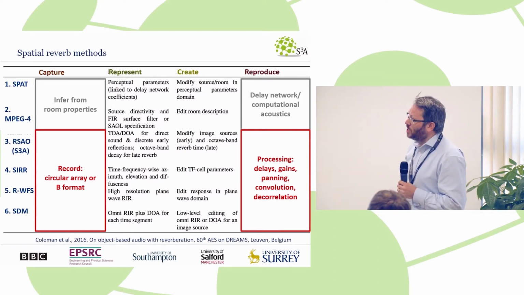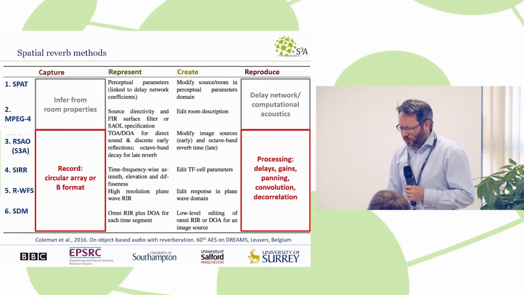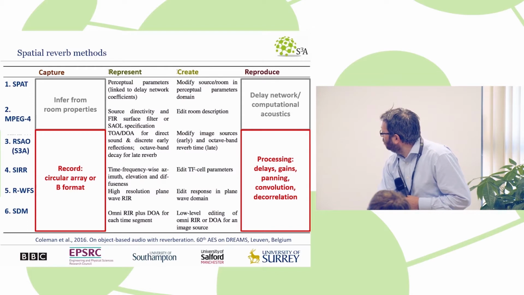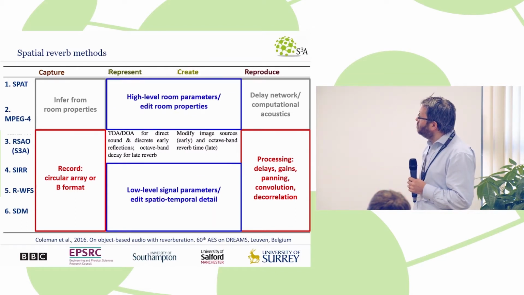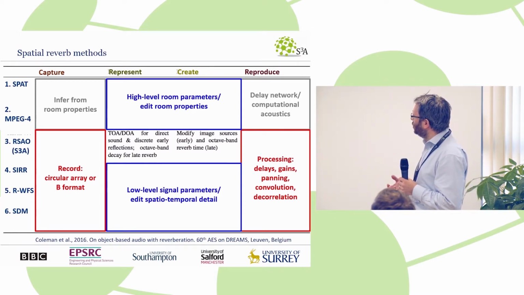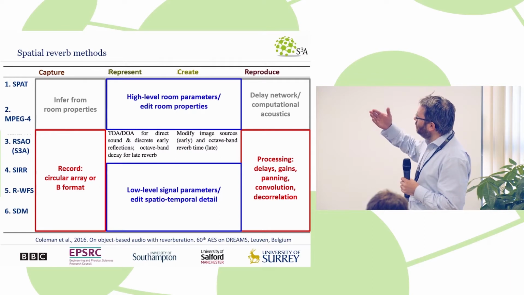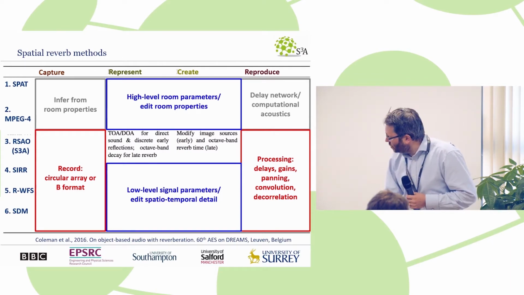Whereas on the bottom, we have a set of methods that are based on measured impulse responses of a room. And then the differences can be most apparent in this middle part, where you're trying to work with it in a creative production process. So the top level ones have the advantage that they're quite high level editable parameters, but